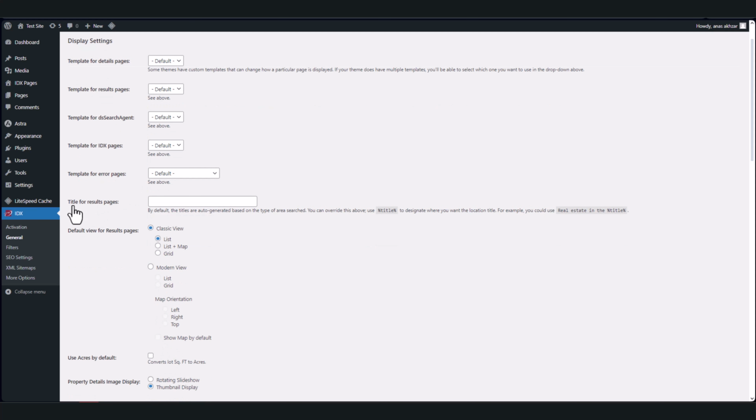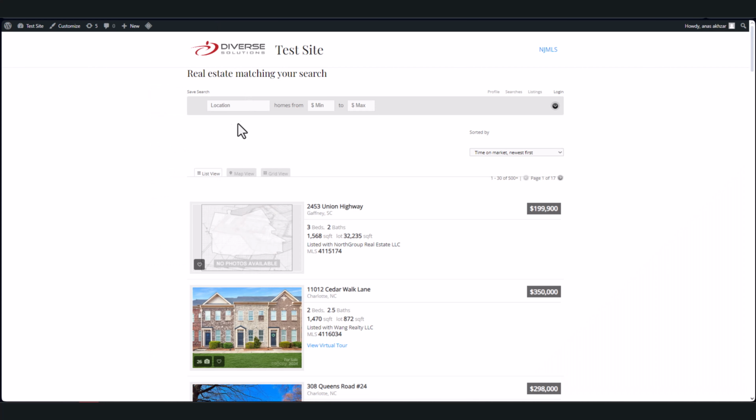Let's discuss this option, title for results page. By default, it will stay as it is. Like if I come here, this is what you will see when somebody searches on your site. It will show real estate matching your search. But let's say you want to show something else. Let's say you want to say Anas percentage title. So what will happen is if I save this option